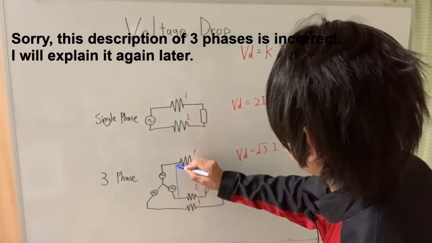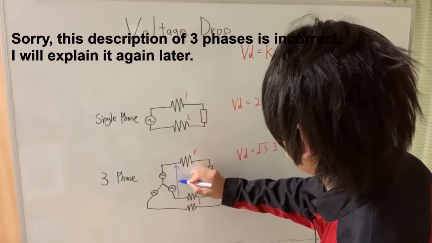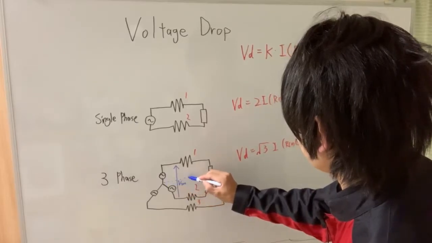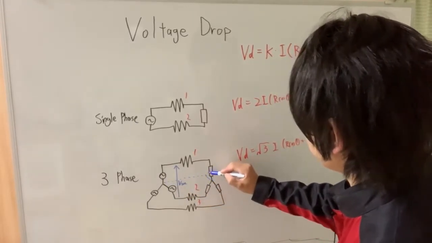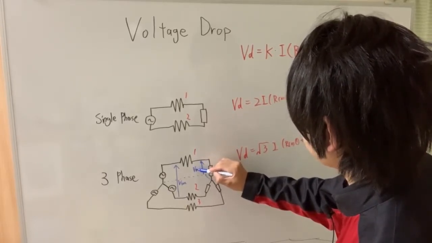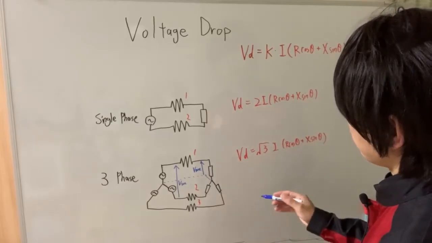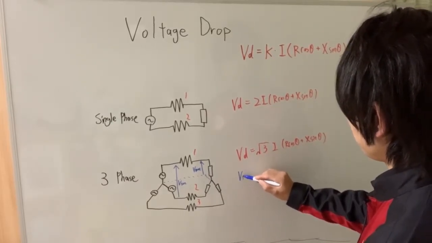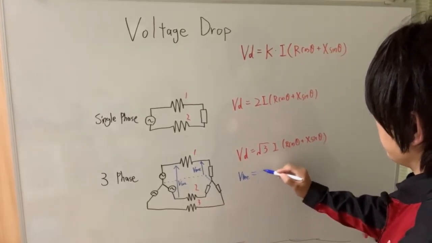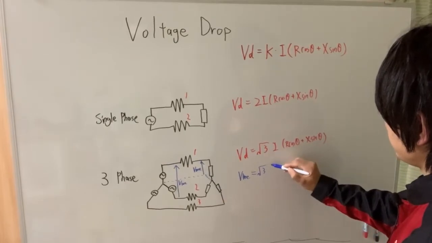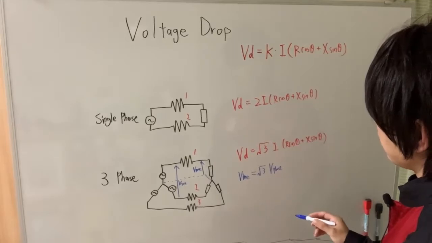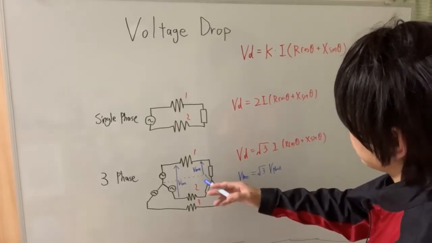Here this is line voltage, V line. But here this is phase voltage, V phase. And of course line voltage is equivalent to square root 3 times phase voltage, and we need to consider